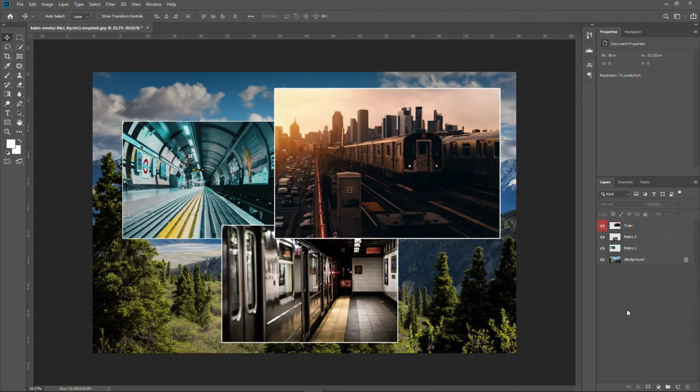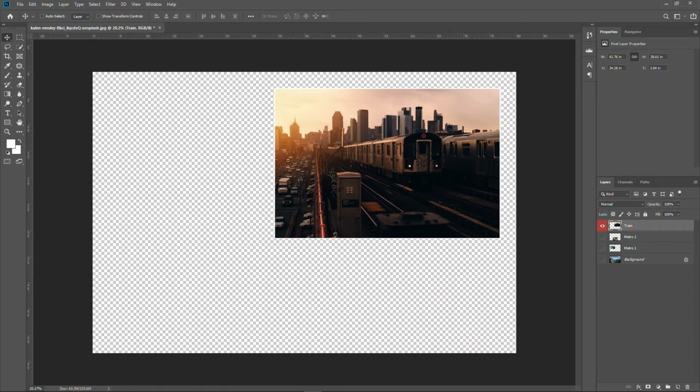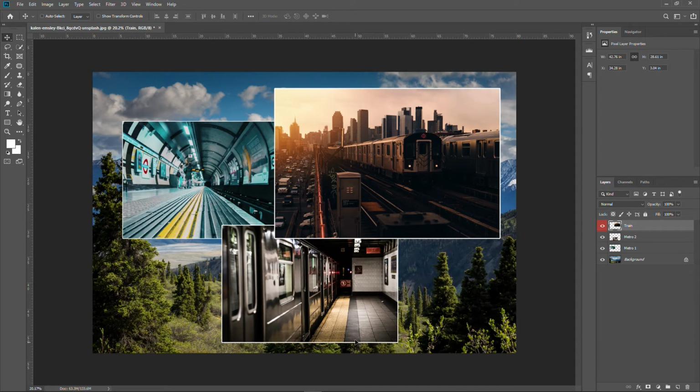Another thing you can do, if you want to only show one layer in your canvas, you can simply go to one of the layers. For example, we're going to go to the train layer and press Alt on your keyboard and click on the eye button, and it will hide all the layers except for the one that we have clicked on, as you guys can see. If you want to go back, do the same thing, Alt and click on the eye, and everything will show back up again. Okay,